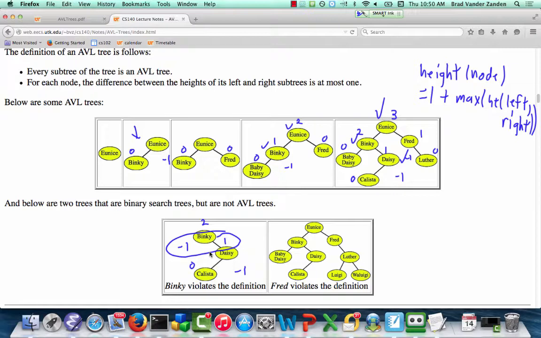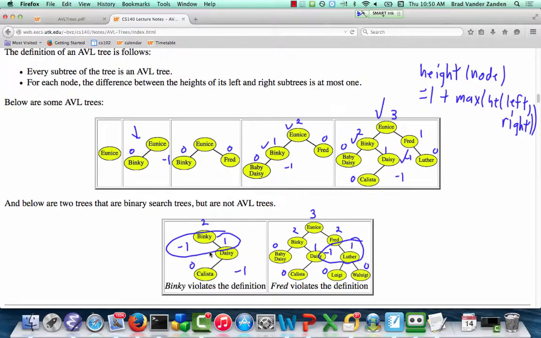Here, if we look at it and do our numbering, okay, it's looking pretty good, except the problem is Fred has no left subtree. So the difference between Fred's left subtree's height and his right subtree's height is more than 1,